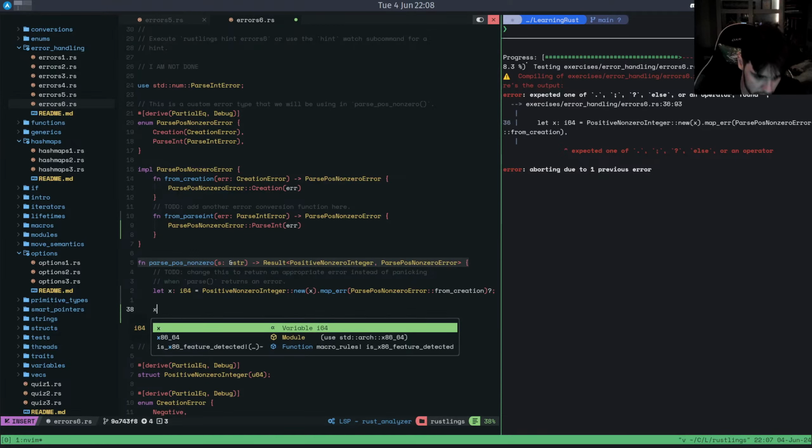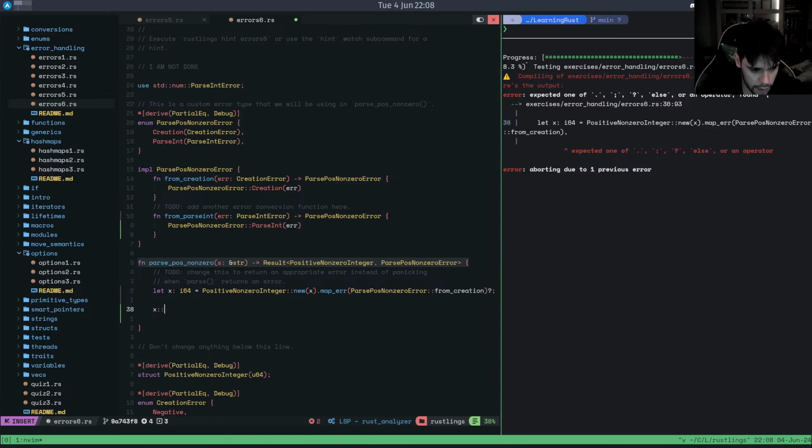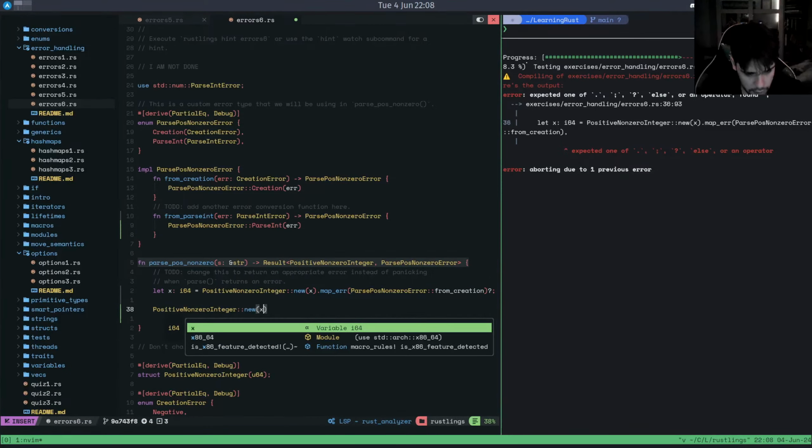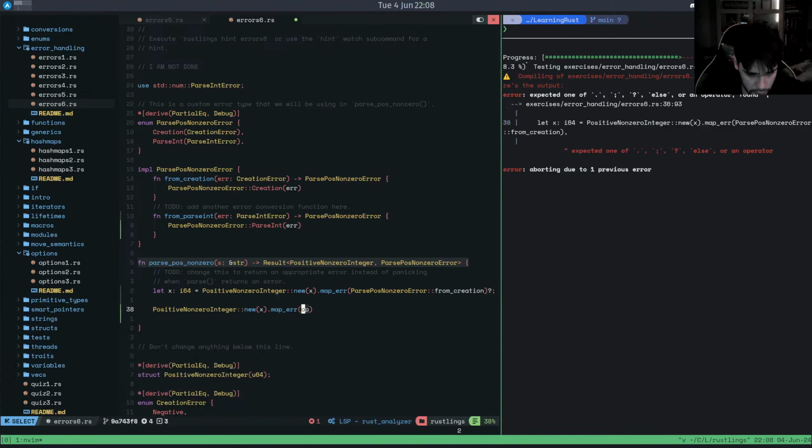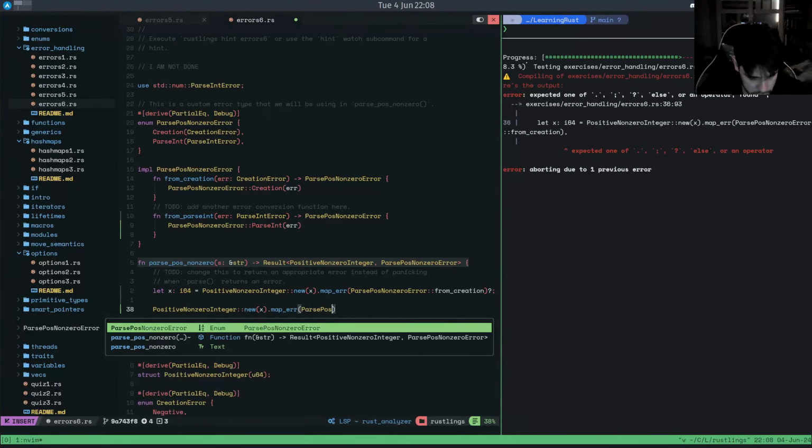And then here we're guaranteed to know that that works just fine. Then we can go, that's in case of a parse error. Then we go x, positive non-zero integer new from x dot map the error into the parse